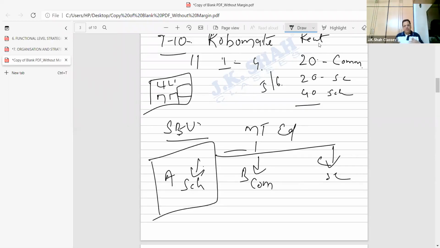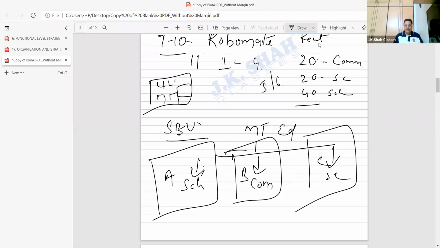So SBU is with what intention? Those bosses which we had created in the process of structure, we remove those bosses. And we have 3 different SBUs in the company. And these 3 SBUs should be looking after school, commerce, science. And these 3 people should report to Mahesh Shetty, who's the owner of the company. That would be a strategic business unit.